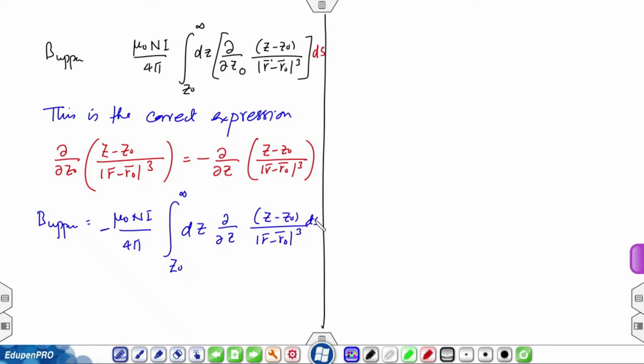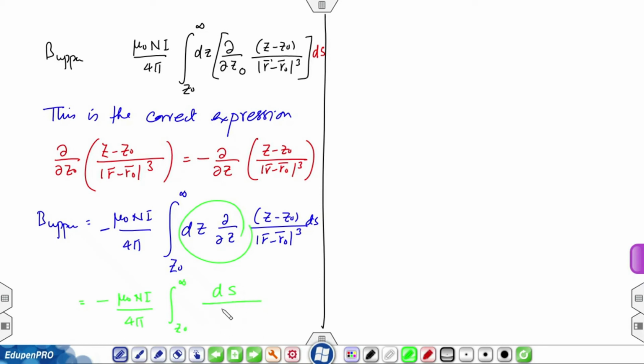Now, you see the trick that I used of changing the variable d by d z 0 to minus d by d z is very handy, because now I can perform this integral straight away, and therefore, it gives me minus mu naught n I over 4 pi integration z 0 to infinity d s